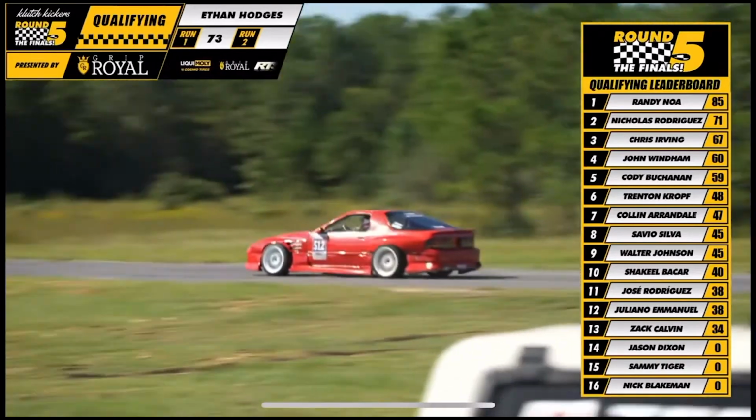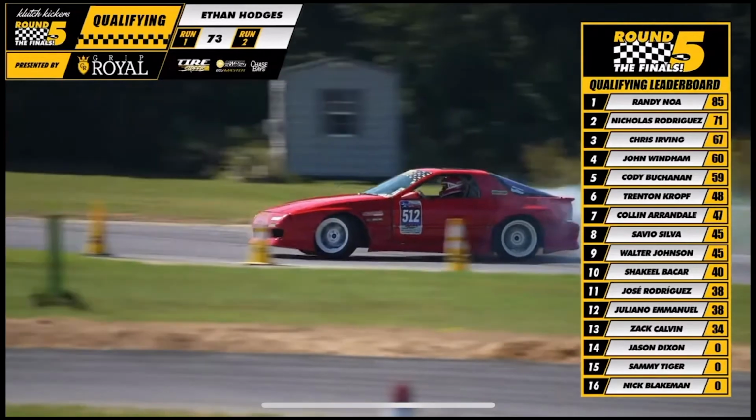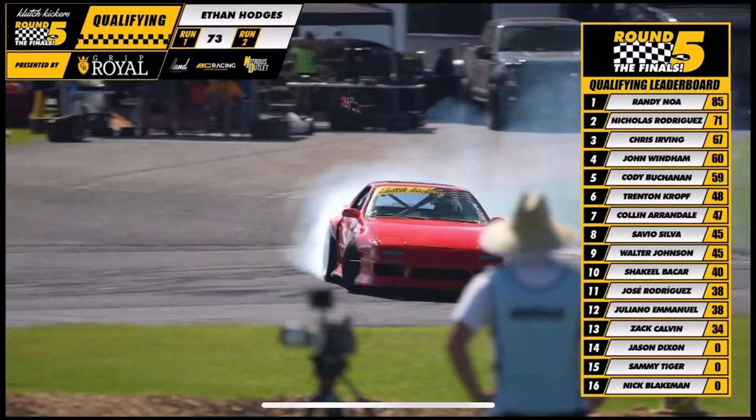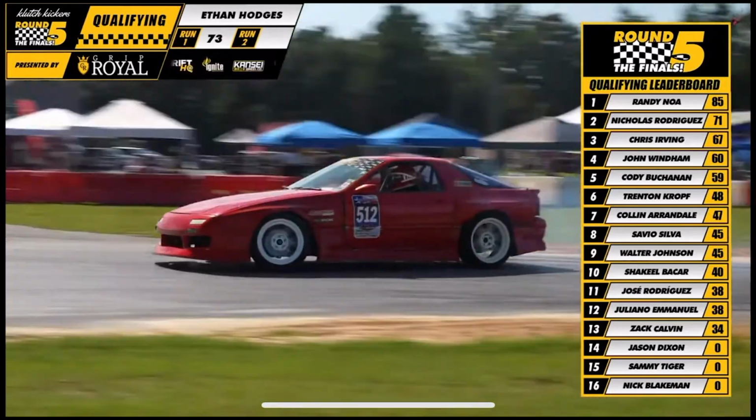Down the track as he goes, he's going to want to initiate. Nice initiation there as he makes his way down the track into the first outer zone. He's going to want to carry it nice and deep into the first outer zone. Bring it back in tight on that clip. Little off there, but get nice and deep into that touch and go as he makes his way into the